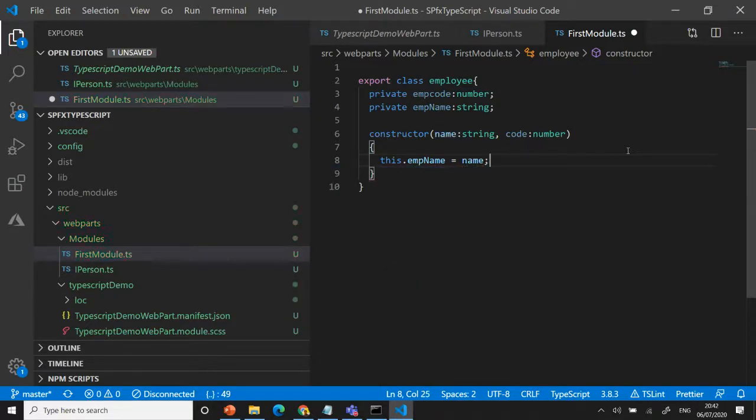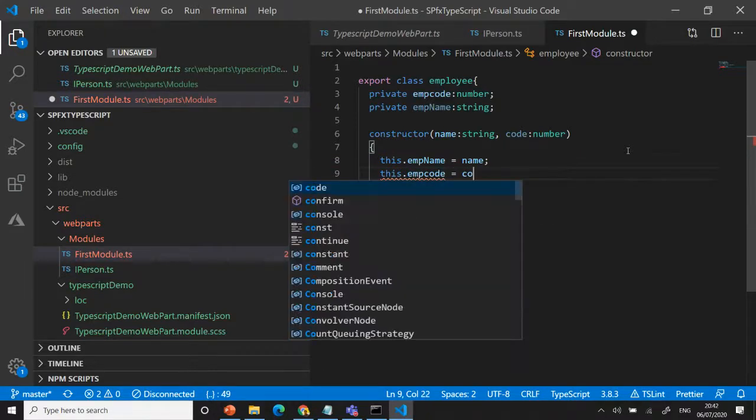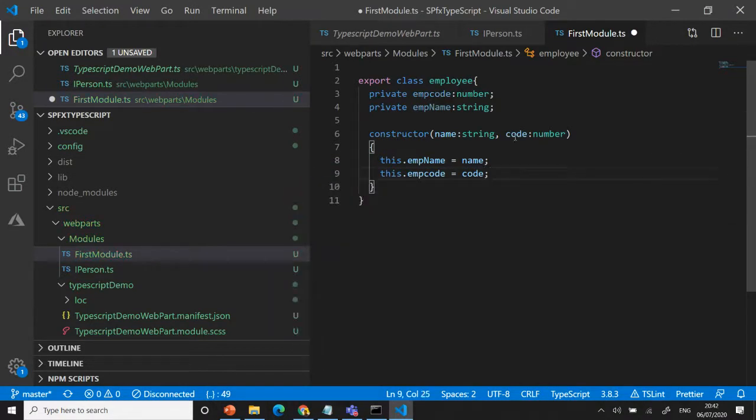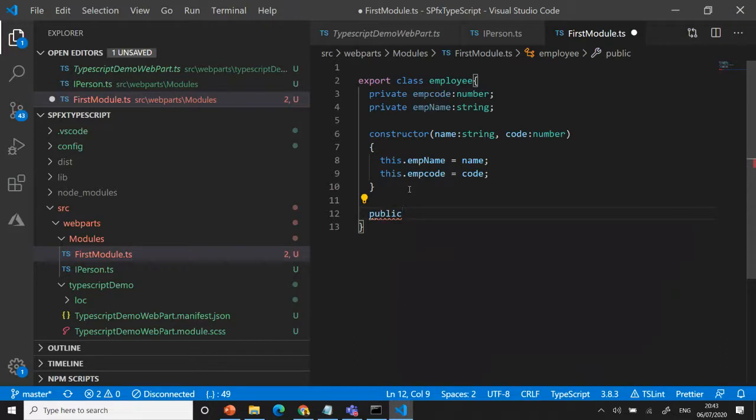We can create our interfaces, our classes, constructors, public variables, public methods, private methods, protected methods. Like that, every option is available. Code equals code, just assigning the value while inserting a new value coming. Then if you want to call some method and execute the value, you can use it, right? For example, I can use some public method. Whenever using a private method, it will not be accessible from outside. It's accessible from the same class only.